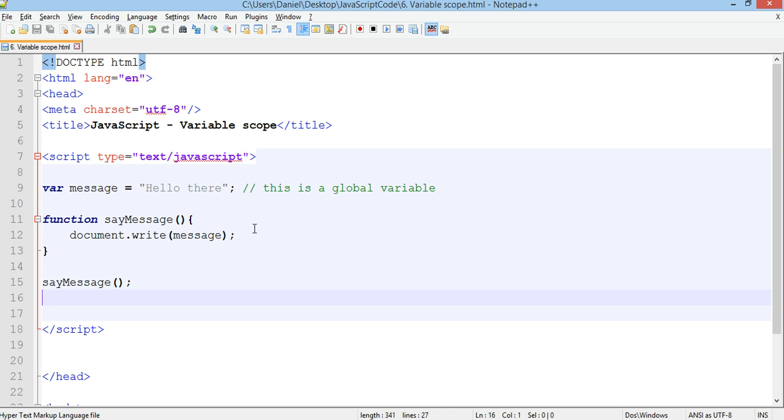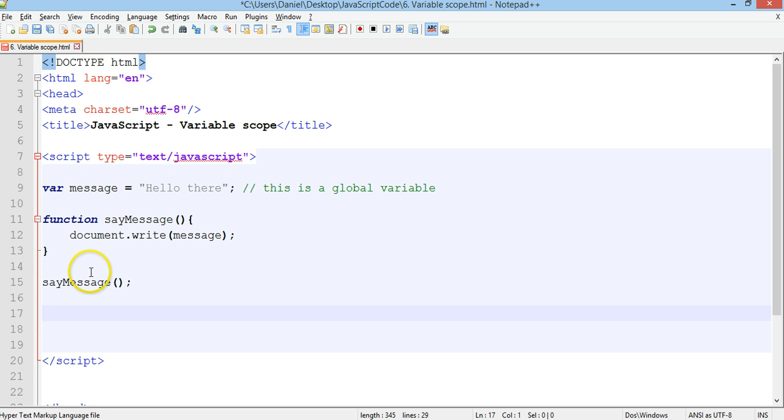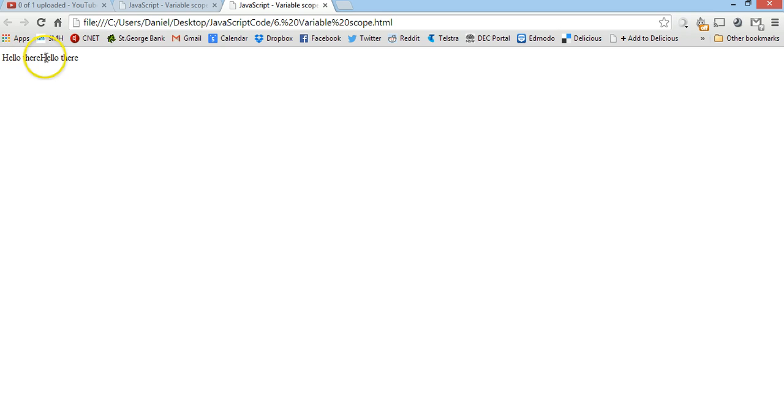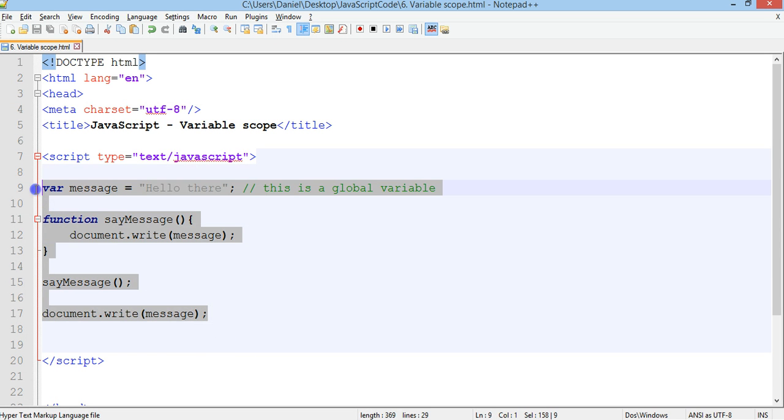What we'll do now is we'll grab that variable again and we'll use it outside of the function. So instead of using the sayMessage function, we're just going to manually type in document.write message. And it should actually just display both messages next to each other. So hello there, hello there. The first hello there has been used within the function, and the second hello there has been used outside of the function. So the variable's been used twice, in and out of the function. We're going to delete all of that,